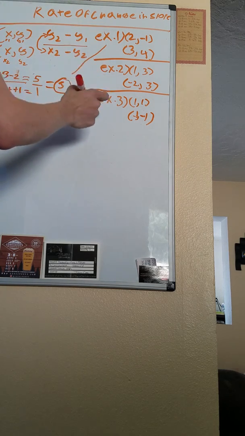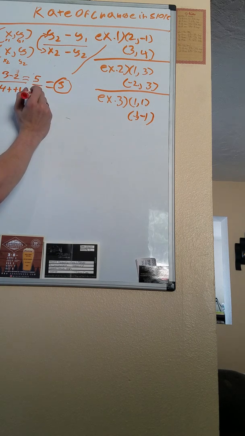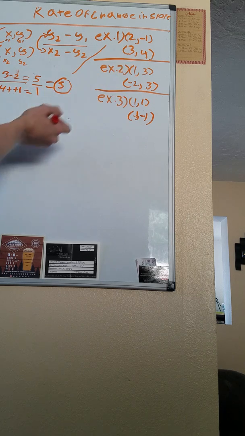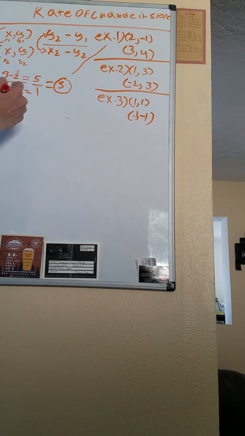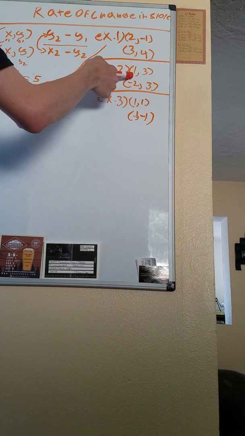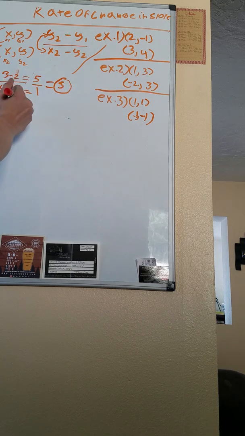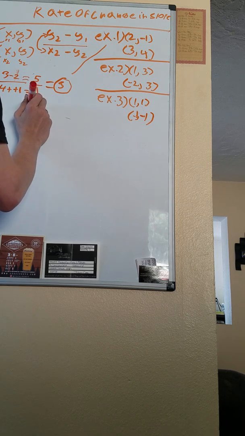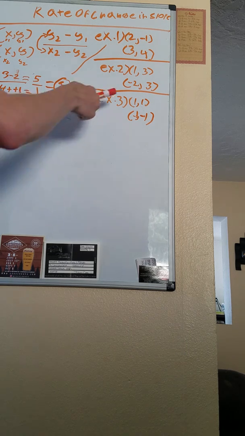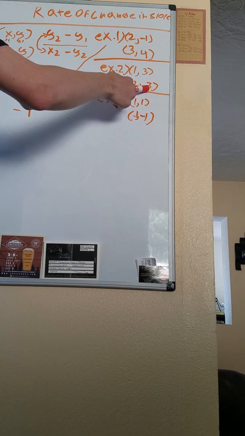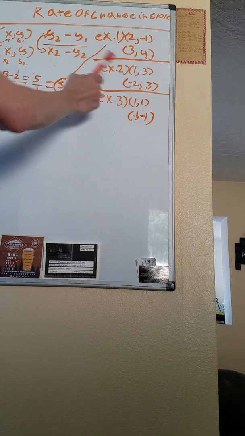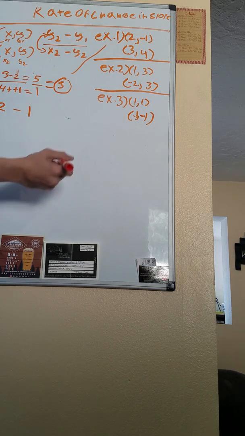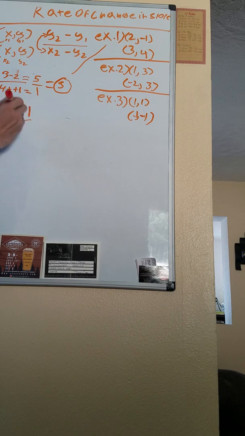So now for example 2. Now we have 1 to 3, then we have -2 to 3. So this is going to be your x1, this is going to be your y1. We're going to take your x1 and put it right here, which is going to be 1. And now you're going to grab this -2, which is going to be your x2. So you can have -2 minus 1 over,